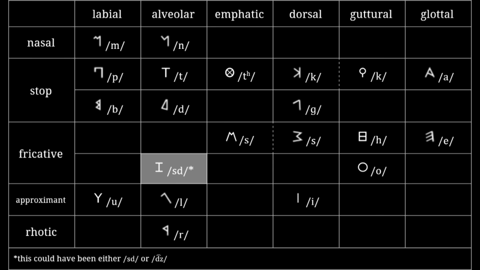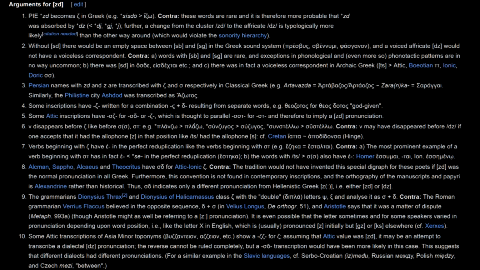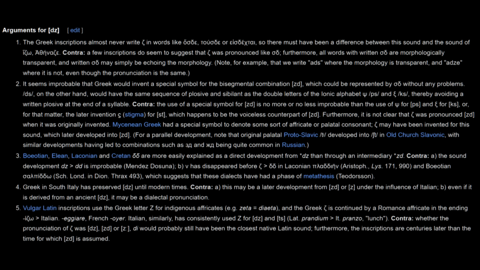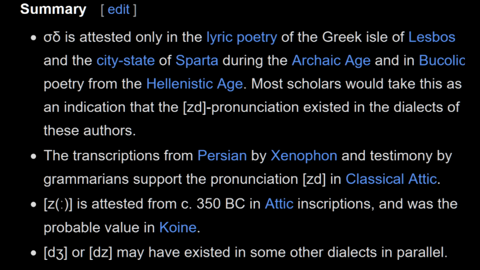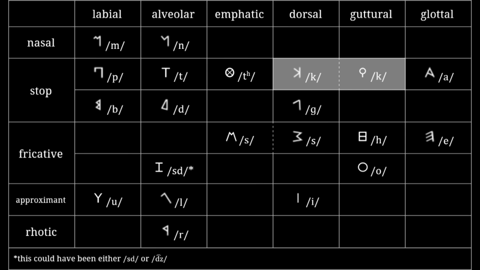As for the voiced sibilant, zayin, the pronunciation of its descendant in this very early form of the Greek alphabet is uncertain. Many linguists have suggested that the most likely pronunciation was the consonant cluster zd, while others claim it was more likely to have been the affricate z. It could also be the case that both pronunciations coexisted in different parts of Greece, and that neither is more correct than the other. More relevant to the story of C, however, is the pair of consonants that would come to be known as kappa and kopa,